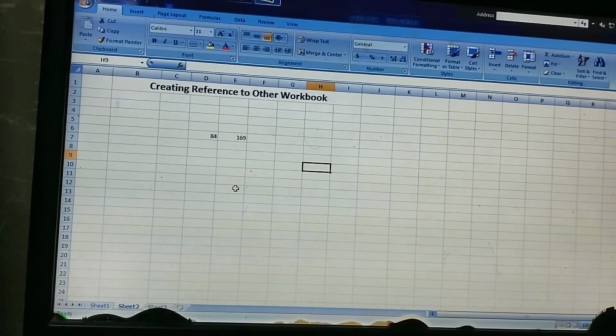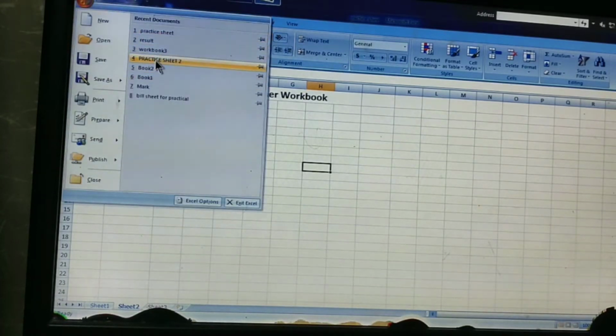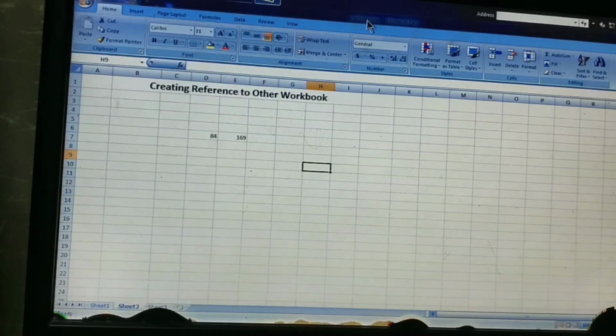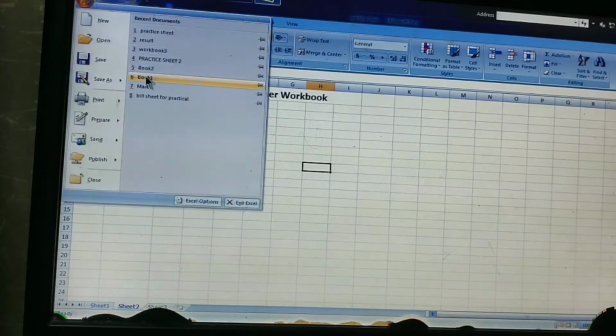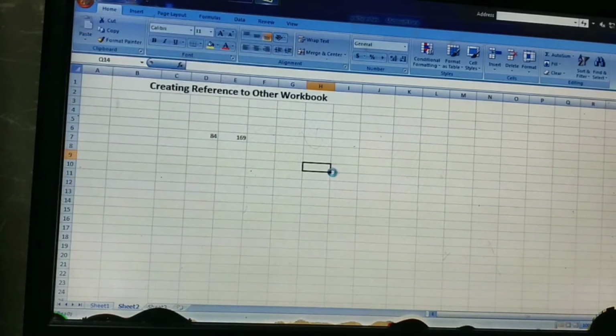Now next is creating a reference to another workbook. If you have data in different workbooks, you can combine that data by giving a cell reference to another workbook. So let's see how to perform this. Firstly, I am opening one more file. Currently I have opened practice sheet, and now I'm going to open practice sheet 2.